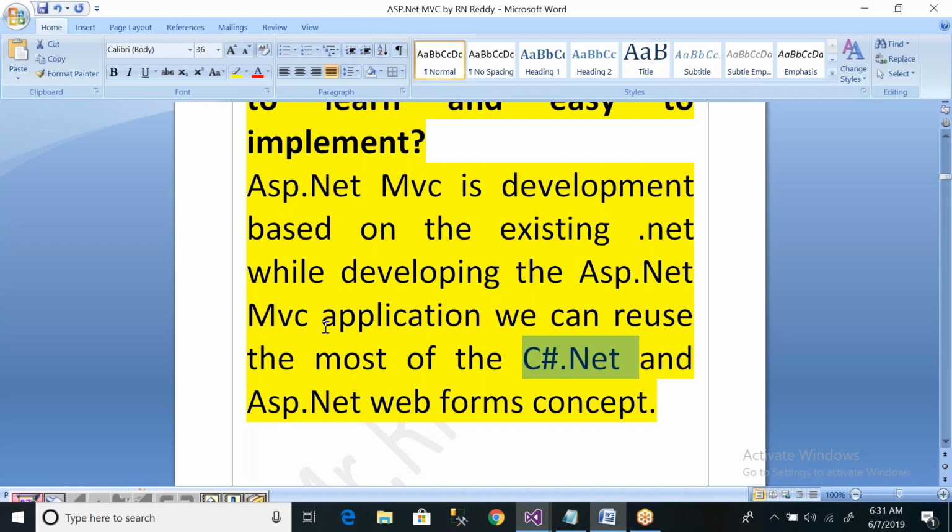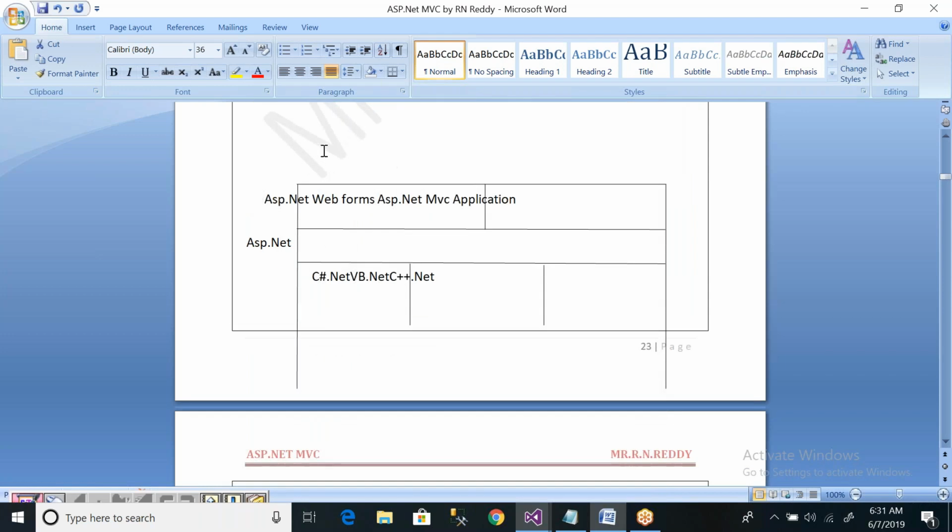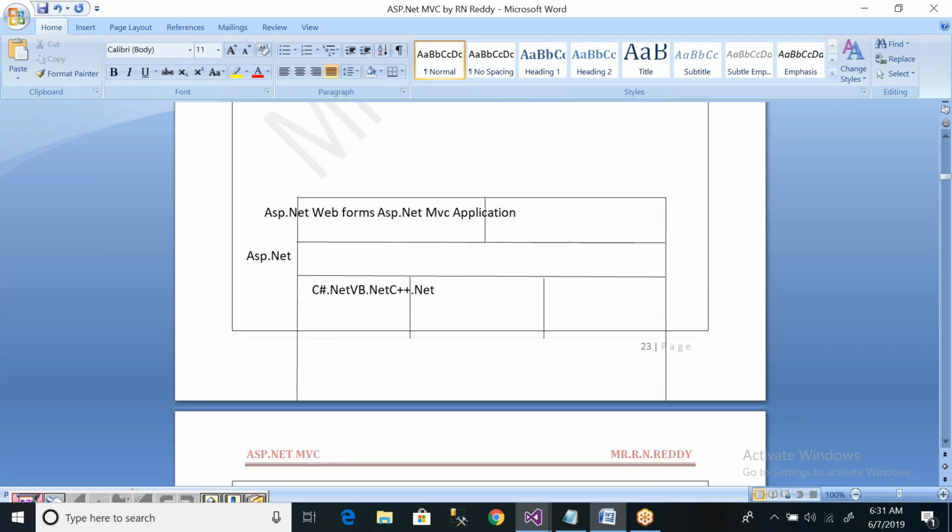Due to that reason, it is very easy for an ASP.NET developer to learn ASP.NET MVC. That's why I said ASP.NET MVC is easy to learn and easy to implement. These are the 10 advantages or 10 features of ASP.NET MVC.